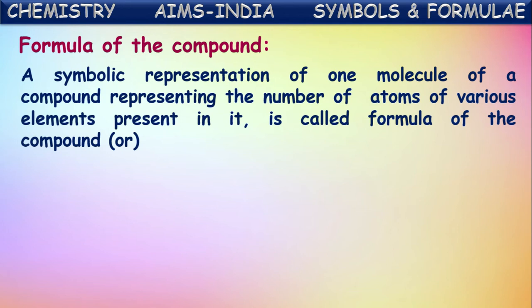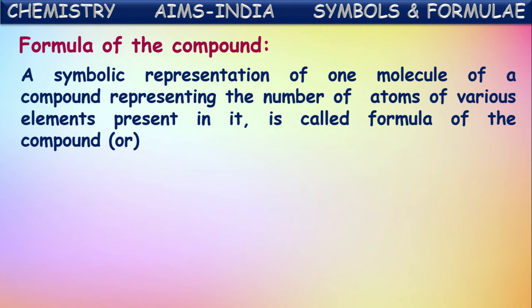We know that for every element a particular and unique symbol is given. And we know that a compound is formed by the combination of two or more elements in a fixed composition ratio. Now, this compound will have a particular name. Just as a symbol is given for the element's name instead of writing the complete name, in the same way for compounds also,